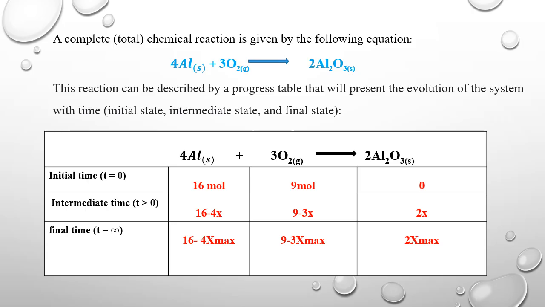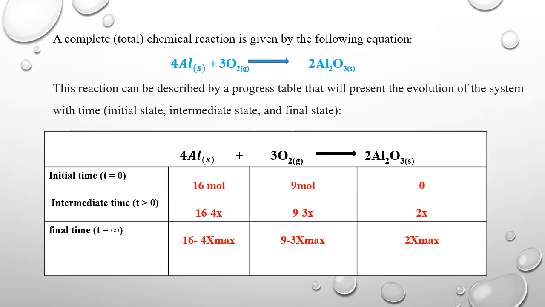Also, 9 minus 3x, 9 is the initial number of moles, minus is a sign that indicates a decrease, and x is the advancement multiplied by 3, which is the stoichiometric coefficient of O2. And plus 2x, actually it is 0, the initial of Al2O3, plus 2x,